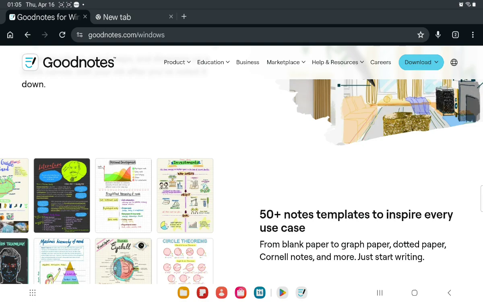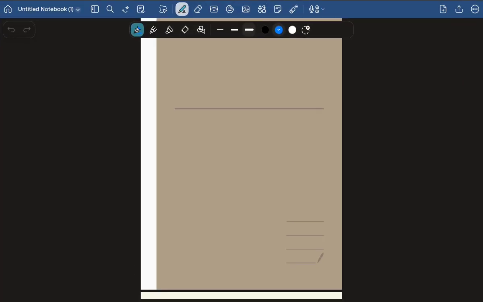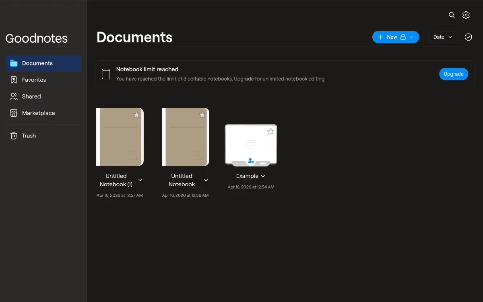You can download it from here, from the website. Make sure to click on download and then click on For Windows here. You can choose For Windows, For Mac, For iOS, or you can even use Goodnotes Web. Now once you finish installing and setting up your application, if you want to upgrade your plan, as you can